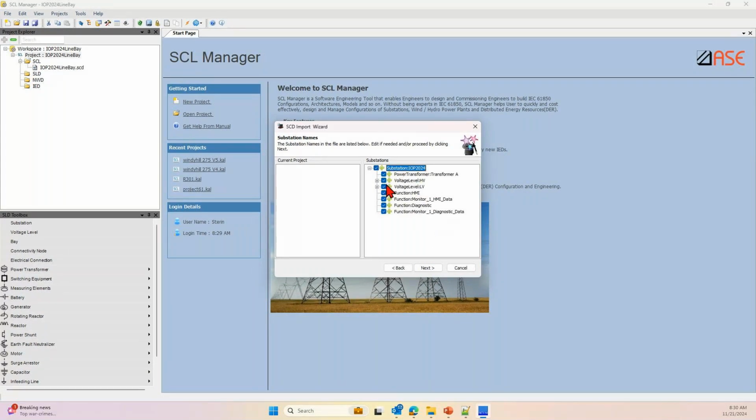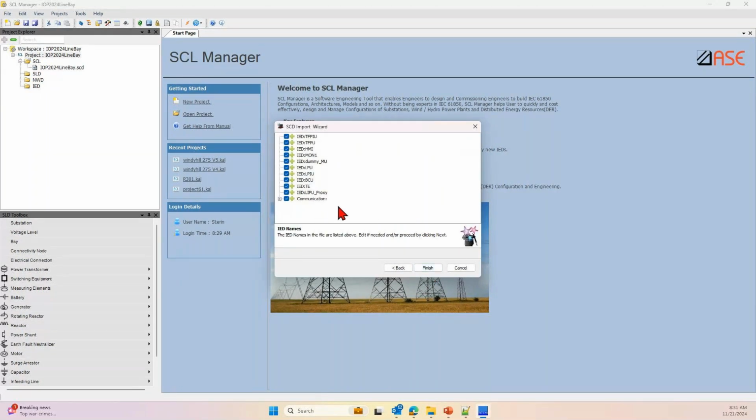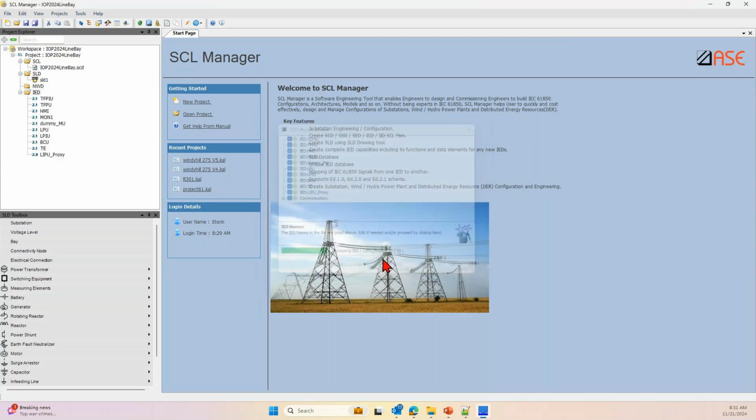Initially it will import the single line diagram part of it and then list down all the devices. This file was taken from the Interoperability Workshop line-based test. It will analyze the configuration and will start importing the file. It will show you the progress of the import process here. And it will also indicate the version of IEDs used in all these